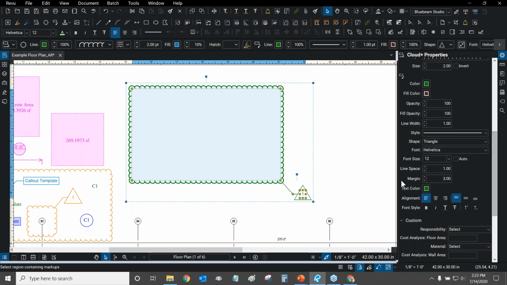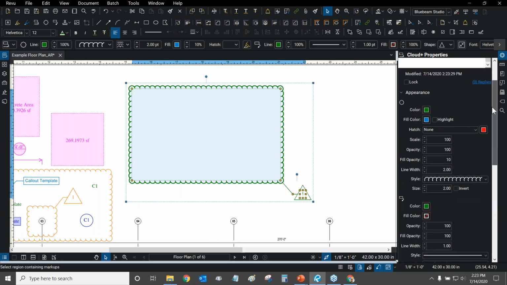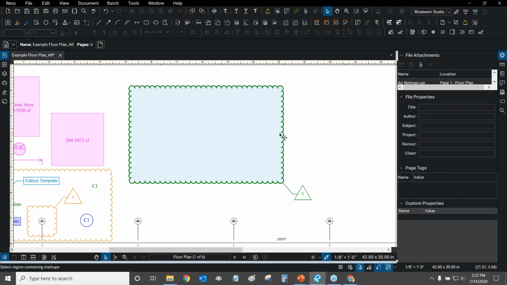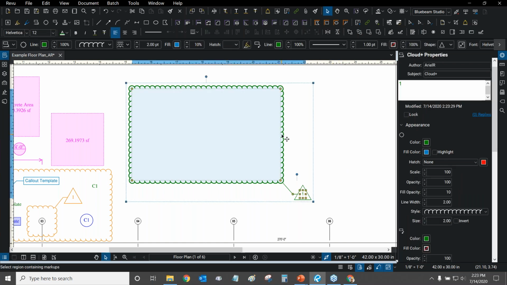Now, let's actually take this tool, since we've spent all this time customizing it and we don't want to have to customize it again. Let's put it into our tool chest and let's look at how the tool chest works. So how do we put a tool into the tool chest? All you have to do is right click on top of the object.